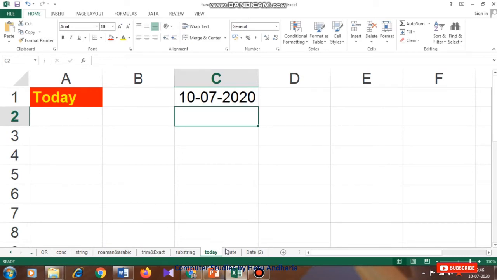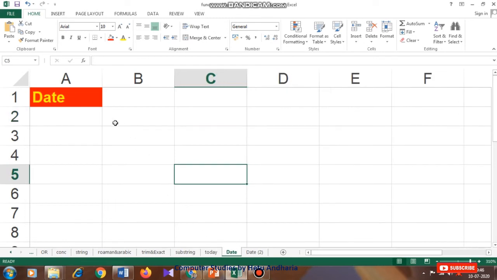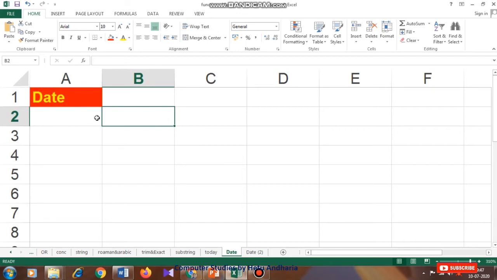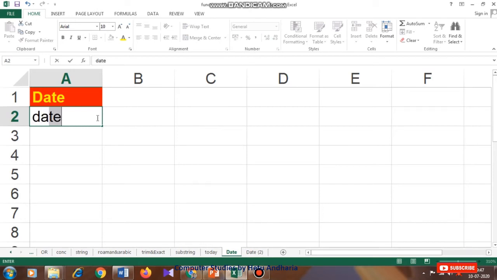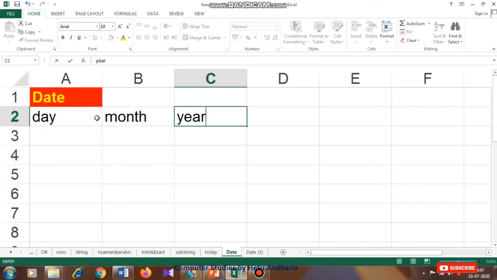Then we come to the DATE function. Now how does the DATE function work? In the DATE function I have to type like this: first I take three values here. This value will display the day, this the month and this the year.